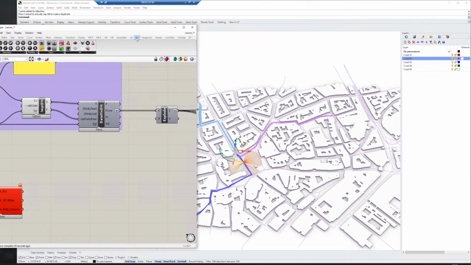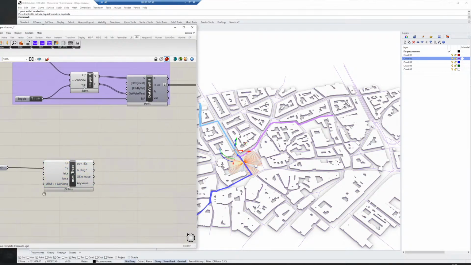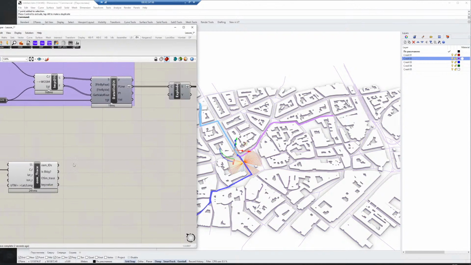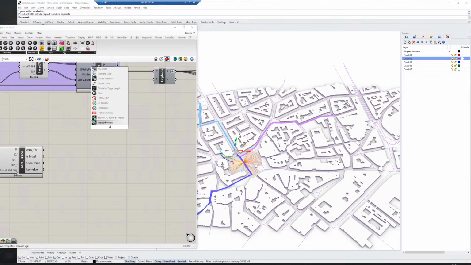Give me a second. Decoder, OSM data, OSM trace. Yeah, I'm using the OSM trace, but somehow it's not working. Now it's working. I don't know what that is, maybe it's something with my PC. So this is the ID from the objects, and now we can use this as the ID from the objects, ID OSM,